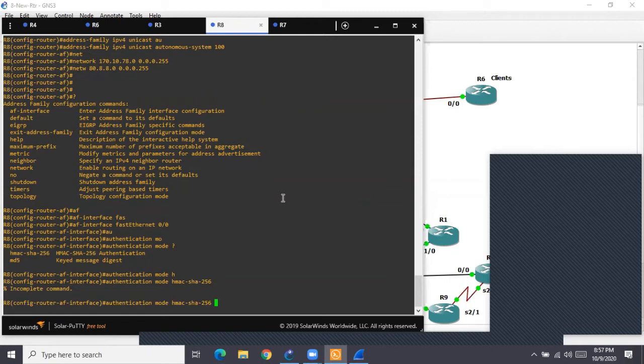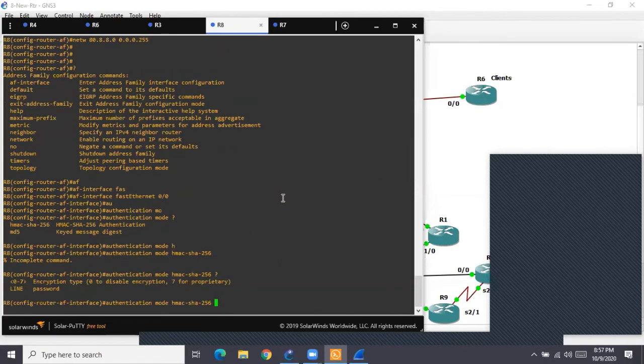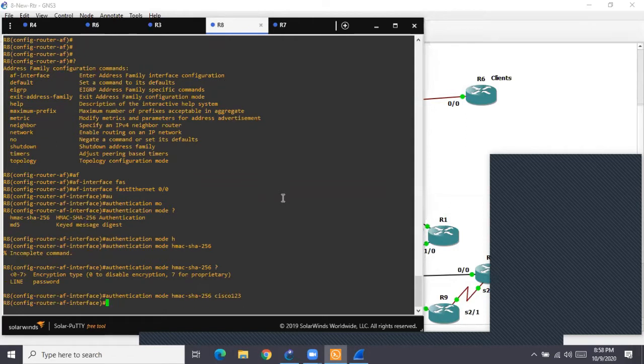Even though the command is inside the process, now in the new EIGRP, authentication for SHA is more secure, and the configuration is also easy. I can specify the password straight away like that. If you put a question mark, line password basically means just put the password. Let's say I want Cisco123 as the password for SHA.